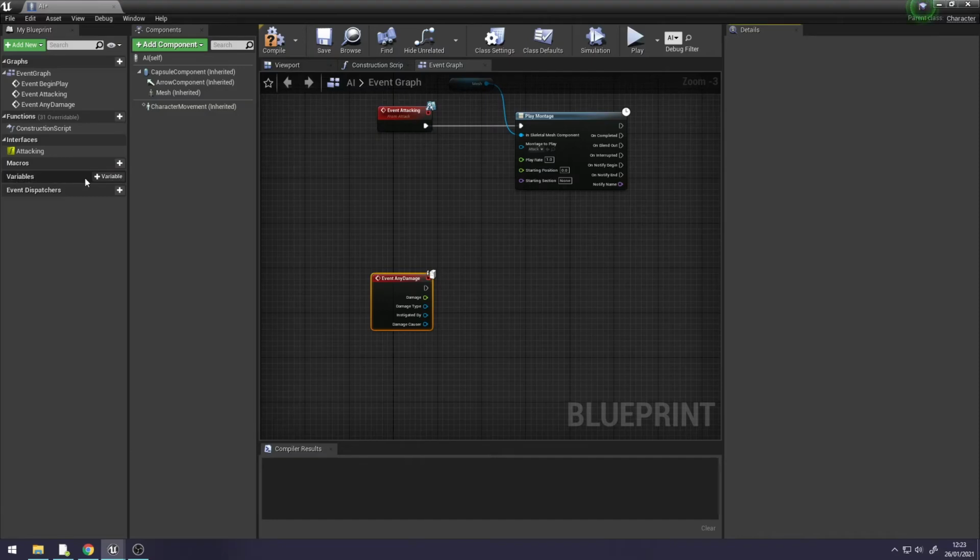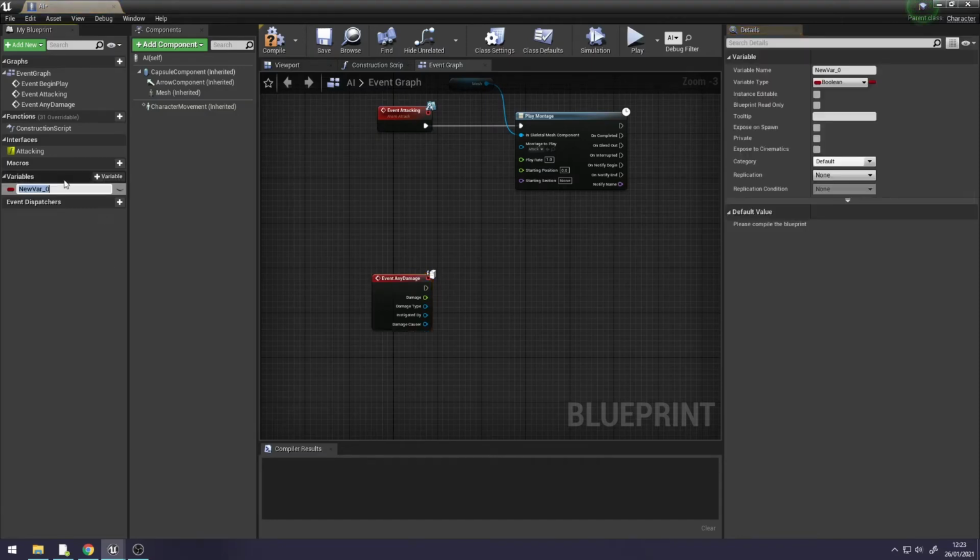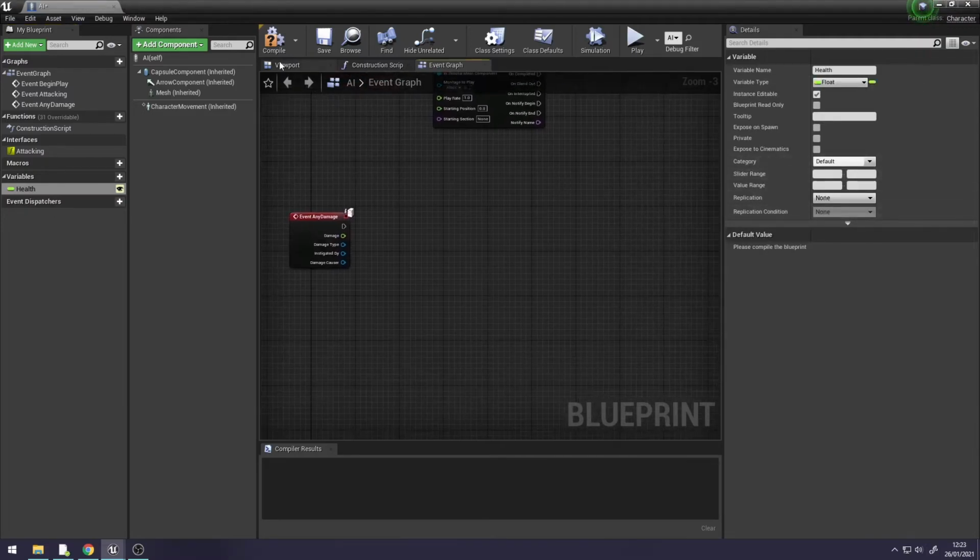So if we go to variables, set his health up: we're going to set health, make it instance editable, change the variable type to float, compile, and we'll set this health to 10